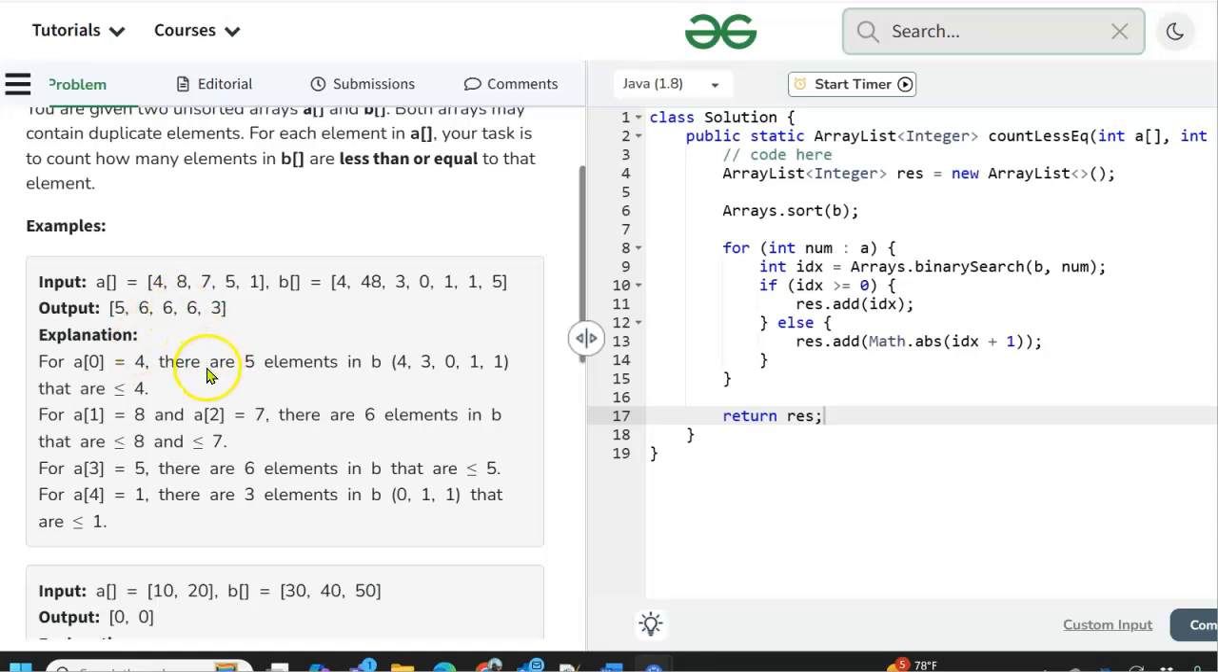Well, let's look at one. In array A, the first element is 4, and there are 5 elements in B, 1, 4, 3, 0, 1, that are less than or equal to 4. Next element is 8. Wait a minute, for A1, A2. Oh, okay, for 8 and 7,